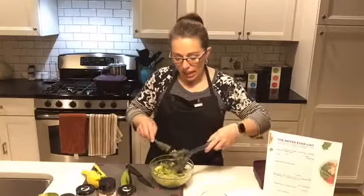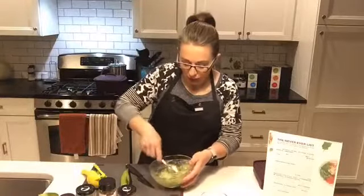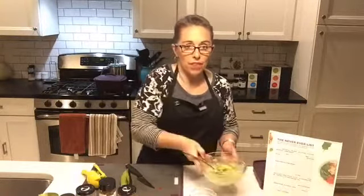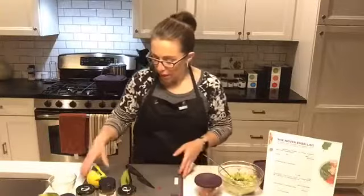And you'll notice what I love about that steamer is that dinner is cooking and I'm able to do other things. That's what is so great about the steamer and allowing me to have more free time for setting the table or preparing the rest of dinner. So now we have our fresh salsa, we have our fresh guacamole done. And I'm gonna pull out those chicken fajitas in just a second, but what I wanted to share with you